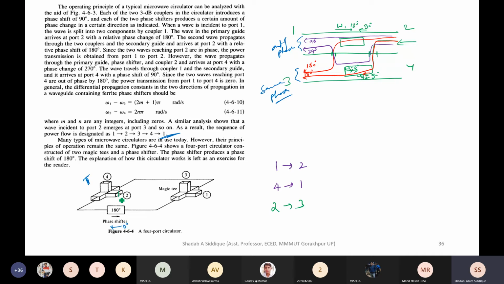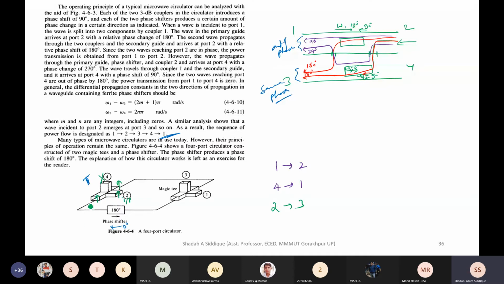If we take input from port 1 and I take this as a wave in this upward direction, it will come here and travel in this direction, and that will also go in this direction. So it will come this way, to this point, and this way. Port 2 and port 4 will be isolated from each other. So when we apply input on port 2, it will not reach port 4. They will be isolated from each other.